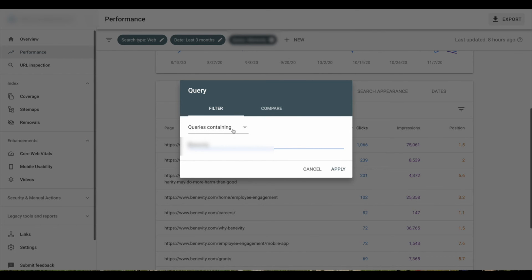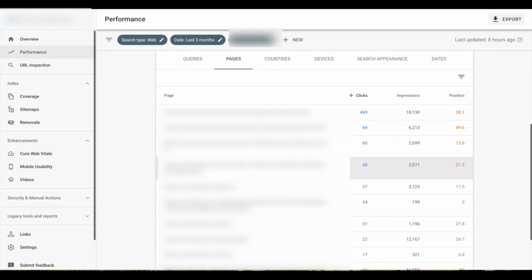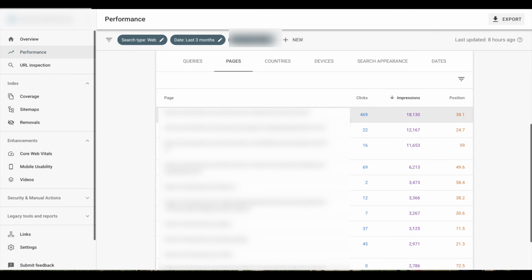Now, the second step I want you to take is to go back to queries, and instead of putting in your brand, I want you to put unbranded keywords. So instead of containing, I want you to choose queries not containing, because what we want to do here is find all the keywords that you're ranking for that's not related to your brand. And just like before, I want you to find the pages that are ranked between 4 to 7, 4 to 10, high impressions, high click-through. Now I want you to copy the page